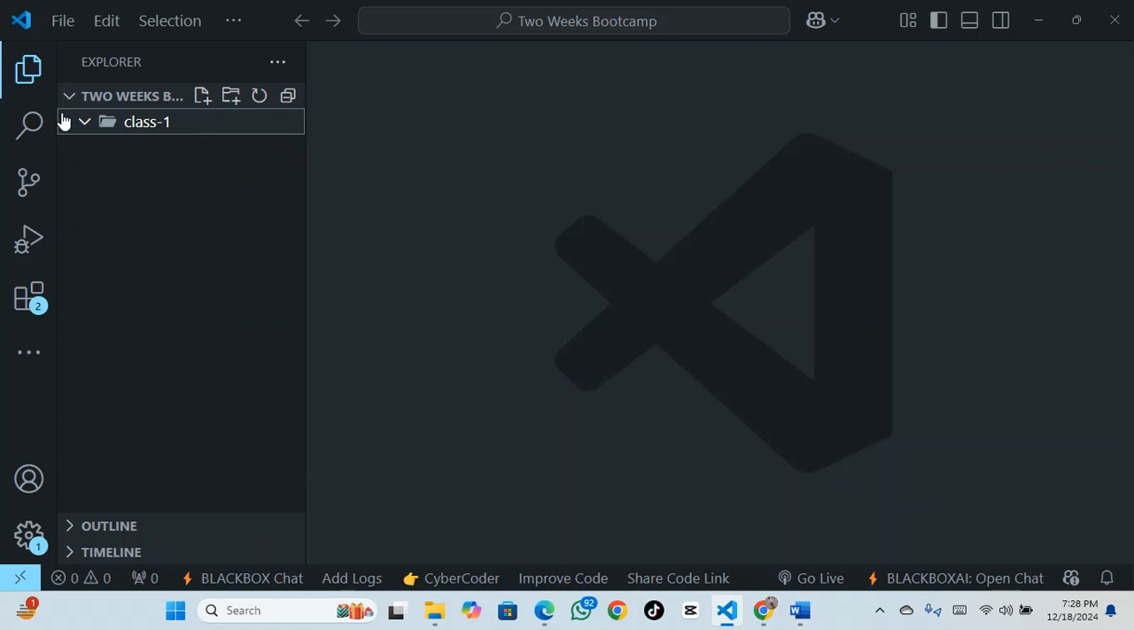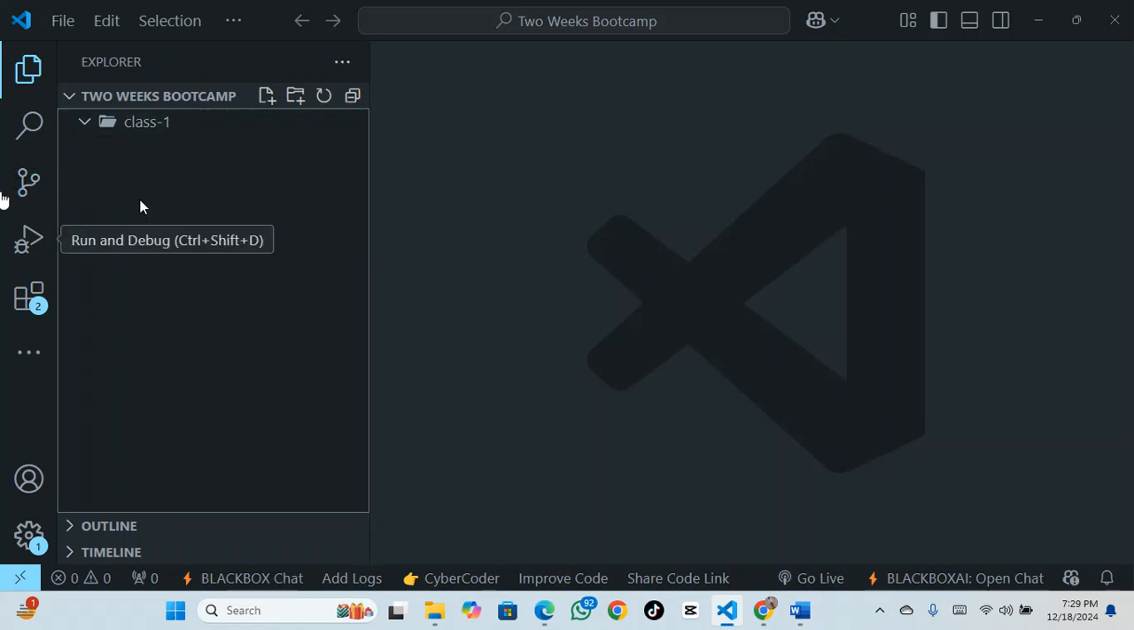So can you see? I click on it. You can see the focus is on class one. This border line here shows that the focus is on class one. But if I click outside of class one, I click here, you can see the focus is no longer on class one. It's now on the 2 weeks bootcamp. Get that now? But I want to create an HTML file not inside of 2 weeks bootcamp, but inside of class one. So I'm going to click on class one. So the focus is on class one. Then I will right click and click on new file. Then I will call this